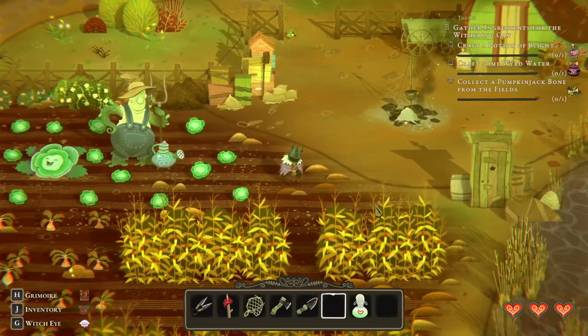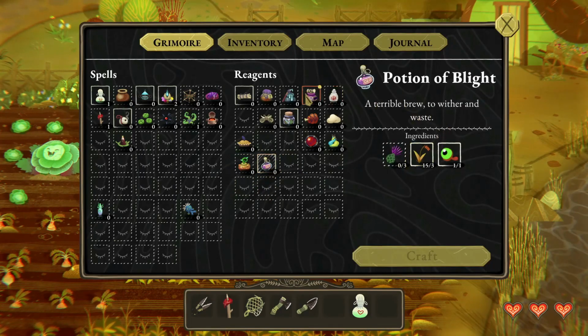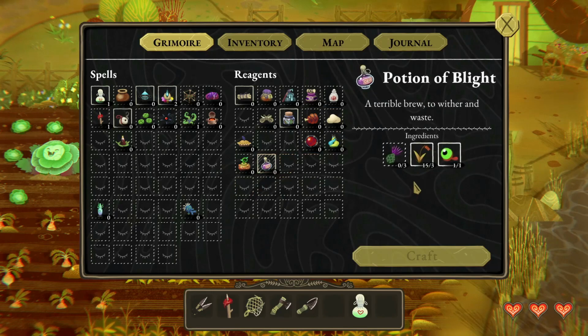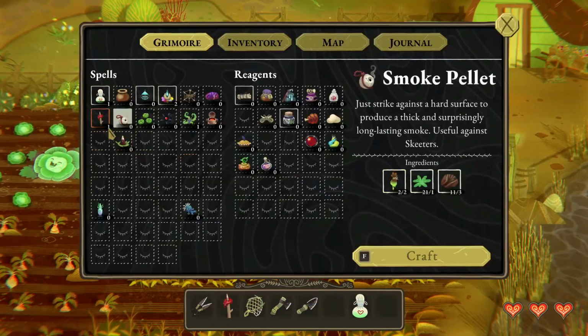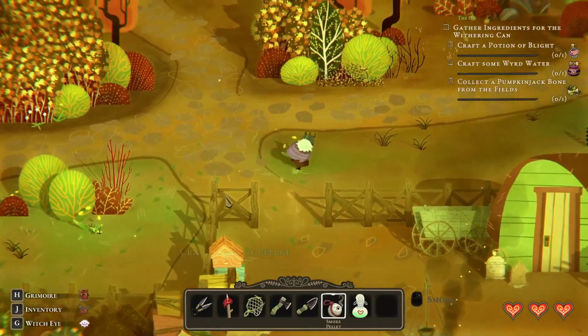And we're going to continue off from the last episode, which is to make a potion of blight and weird water, which I need to go to the swamp for both of these. So that's going to be fun. It's royal essence. I'm going to need one of these. Hang on. Need one of these, so just have that. Let's go off to